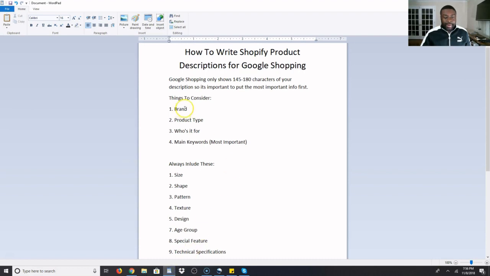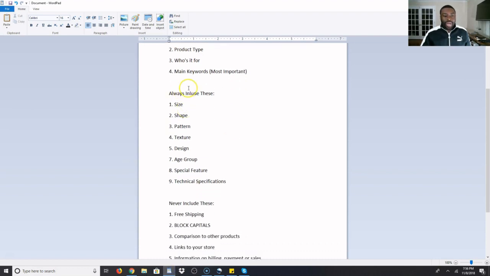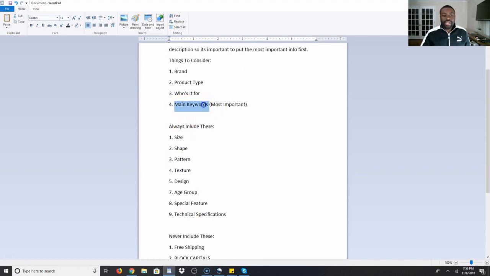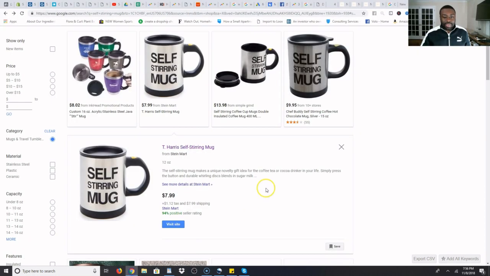So then we're going to come back here, and what you guys want to make sure that you include, like I said, is the keywords. So if you guys look at this listing, you can see in the first sentence, it says the self-stirring mug makes a unique novelty gift idea for the coffee, tea, or whatever. So this is the first sentence right here. I suggest that in your first sentence, you want to make sure you include the keywords that most resonate towards your buyers. And the little tip that I'll give you guys is that you want to actually make sure that